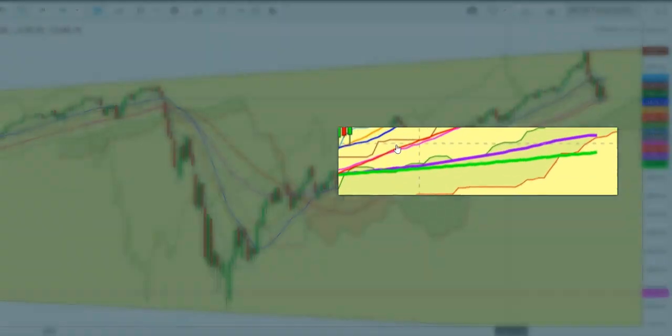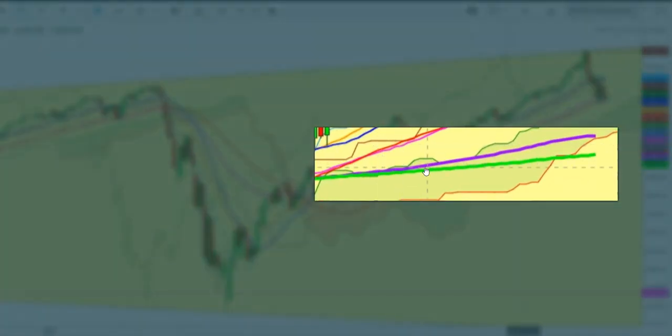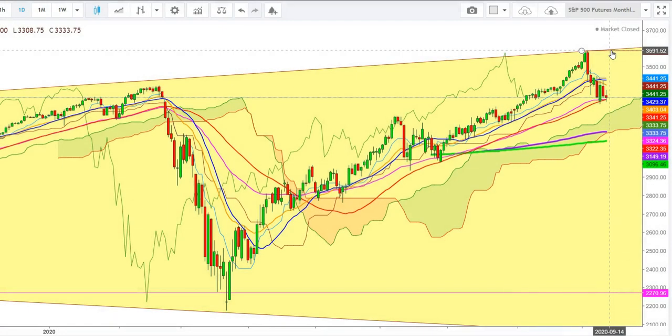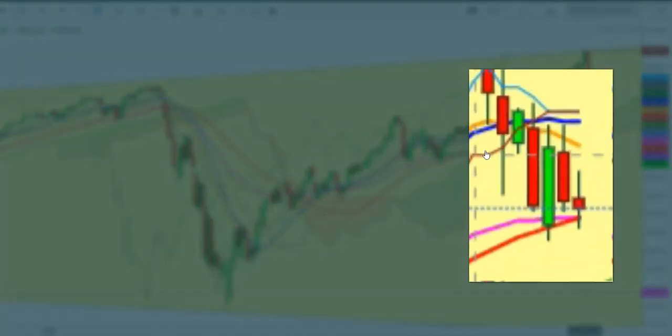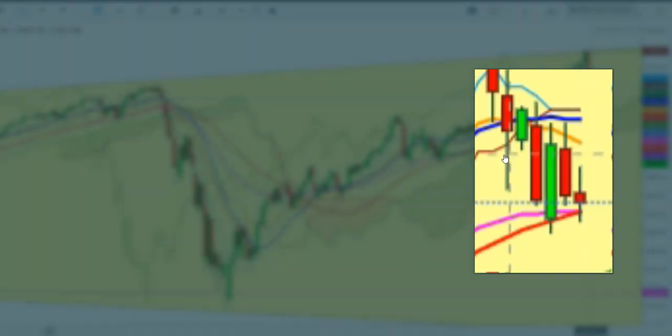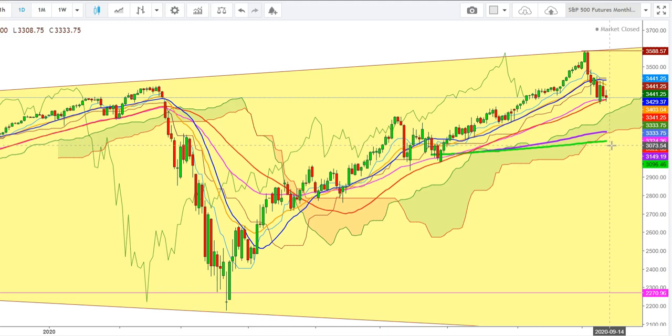So here I find that this bullish crossover may result in some more upward moves in S&P 500 futures, where the S&P 500 futures may test once again these levels. But on the other hand, if we have a look at the current position of the 20 days exponential moving average, which is still below the 20 days moving average, it indicates that short term is still very bearish, and the 50 days exponential moving average is also trying to move below the 50 days moving average, which confirms the continuation of this downward move during the upcoming week, where I find that the final support will be seen at the